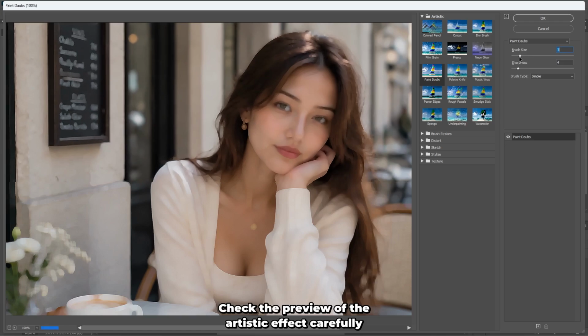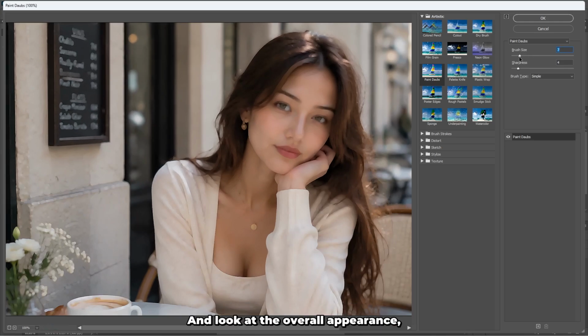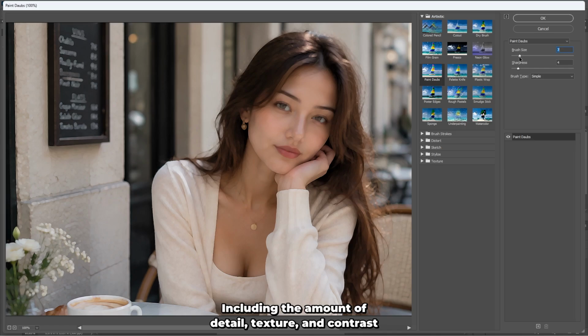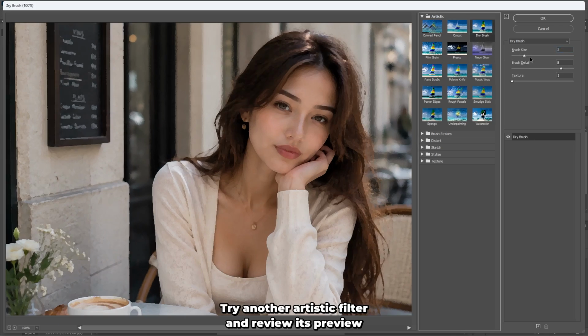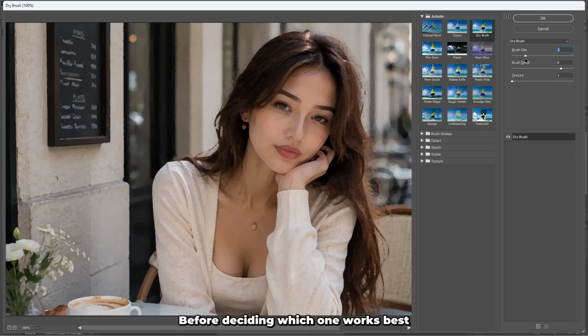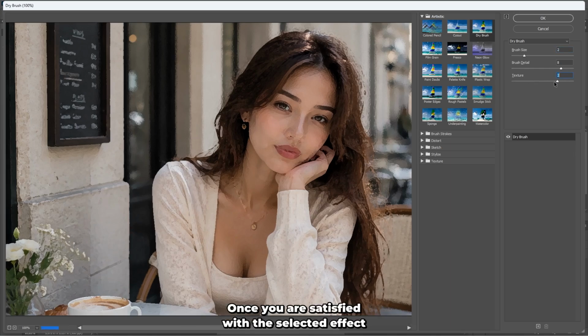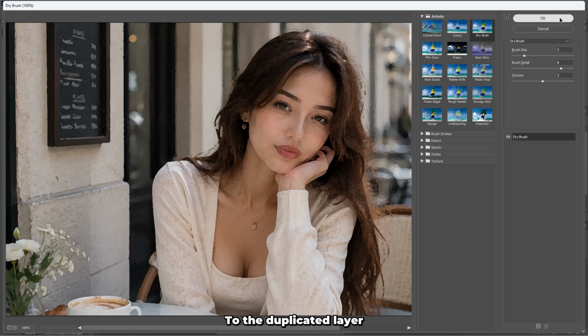Check the preview of the artistic effect carefully and look at the overall appearance, including the amount of detail, texture, and contrast created by the filter. If the current effect does not produce the style you want, try another artistic filter and review its preview before deciding which one works best. Once you are satisfied with the selected effect and its settings, click OK to apply the effect to the duplicated